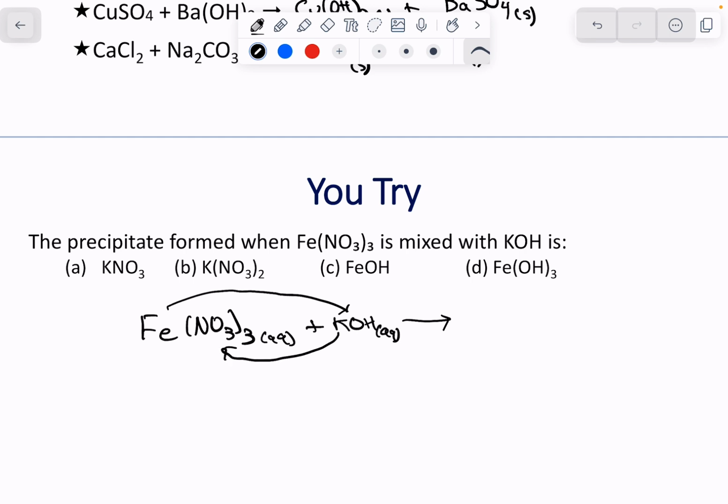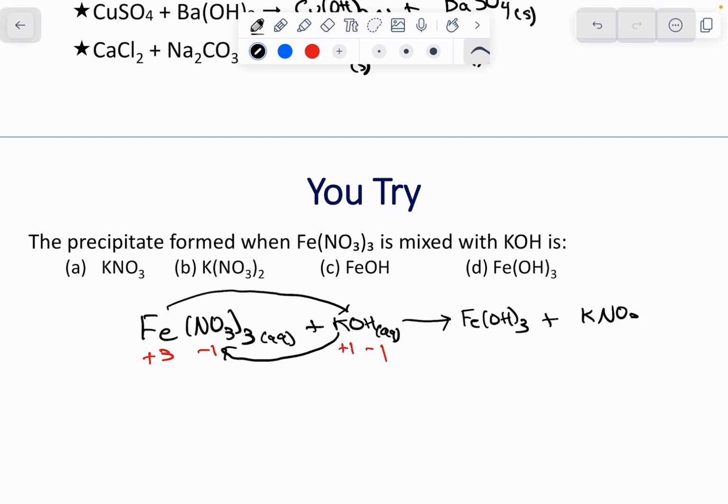And so then I always write the charge. This is going to be +3, -1. Potassium is +1, and this is -1. And so what do I get in the end? The iron is going to react with the OH, and so the iron is +3, the OH minus is -1, so this is going to be Fe(OH)3 plus